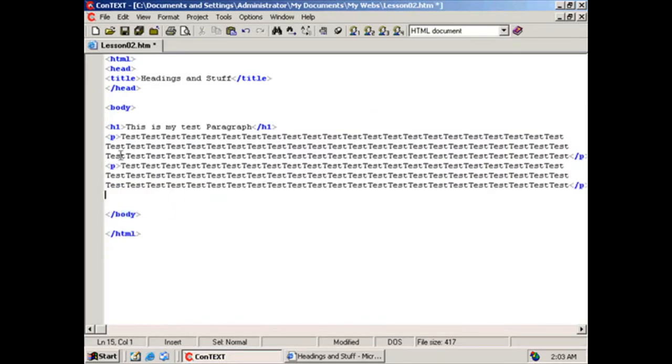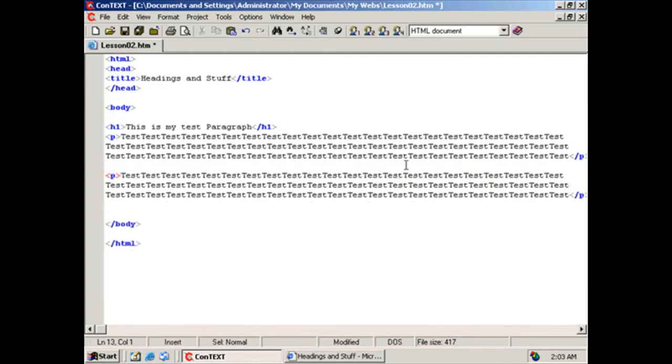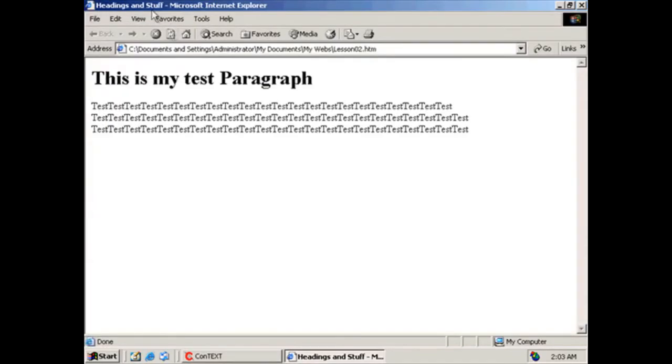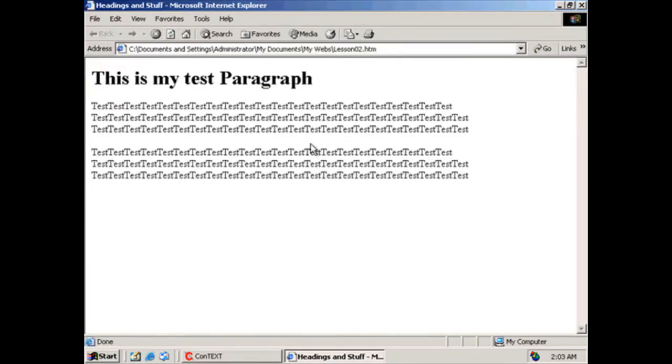So I have two paragraphs, and let me separate them by a space, even though the white space doesn't really do anything. File, save, open this bad boy. It separates them. It puts a blank space in between the two. Now we might want to indent. There's a way that we can indent, and we're going to get to that in a little bit, but